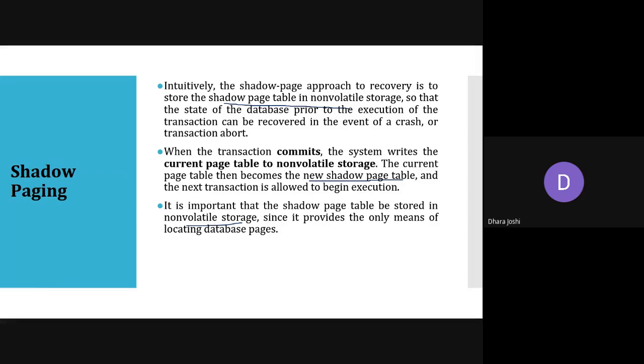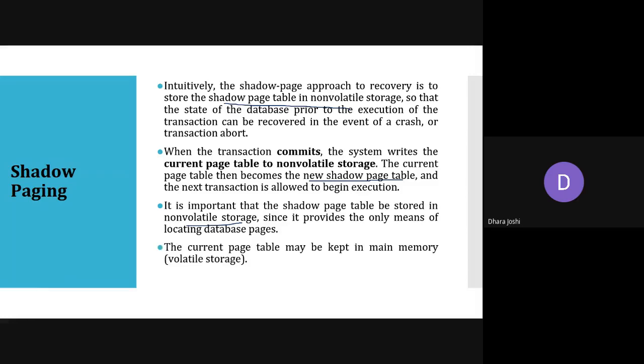So we need to store them. Otherwise, if it is lost, then we have the data, but nothing is pointing to it. So we have values, suppose A equals 10, B equals 20. The value is there, but whenever any transaction wants to refer to it, we wouldn't know where the value is actually residing. So for that, we need to store it in the non-volatile storage, so that data loss will not happen.